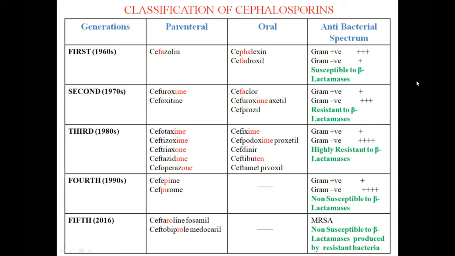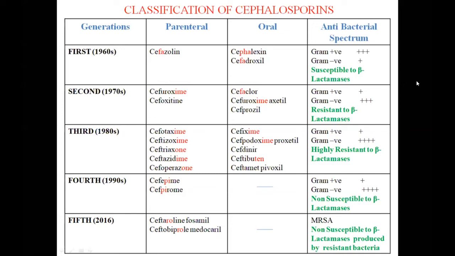So because resistance has developed, MRSA. Now because Staphylococcus aureus is a gram-positive organism, this is being taken care of right now. We have drugs like vancomycin, linezolid, teicoplanin, which are used for MRSA. And among the cephalosporins also, we have the 5th generation cephalosporin, which has come up to address this issue of MRSA, because worldwide we have the problem of MRSA which has developed.